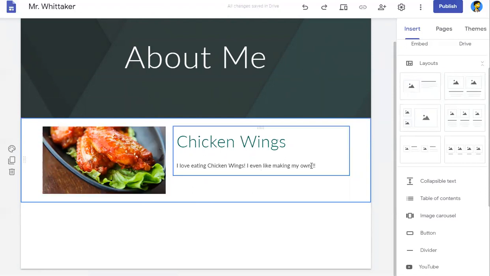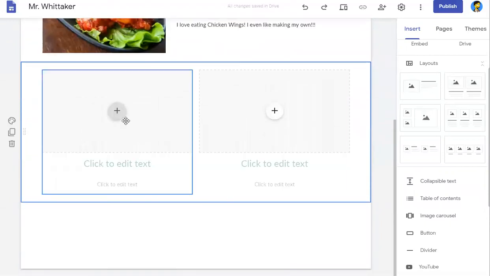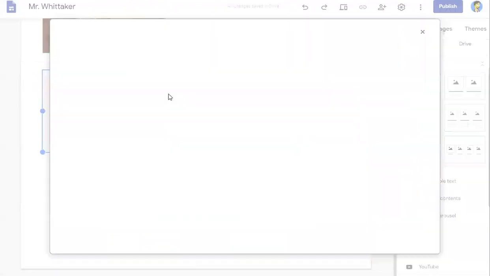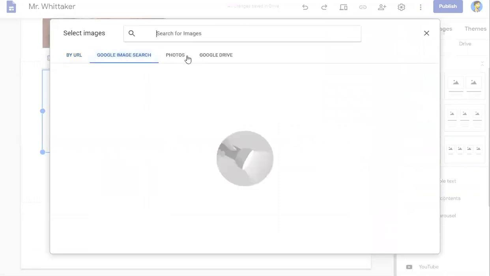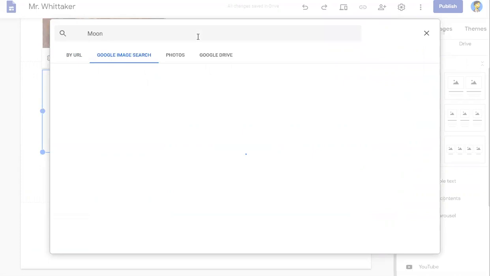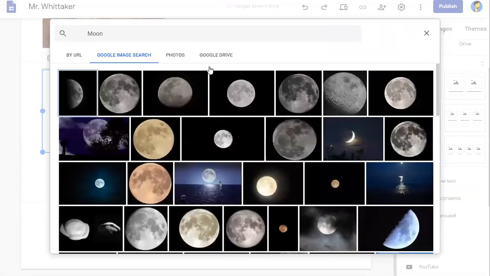So if we find that this layout is very good, and if we adjust some of the things here, move the images over or adjust the background or stuff, we can duplicate it. But I want to add in this section where we have these 2 images at the top. So I'm going to select another image and I'm going to type in the moon,